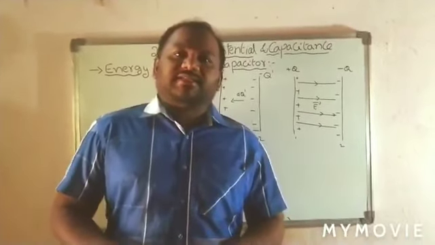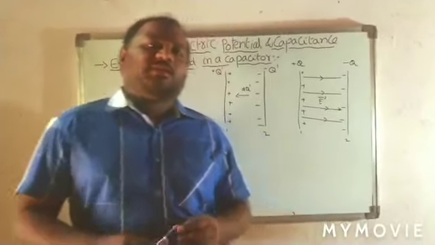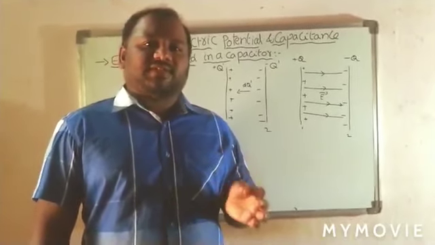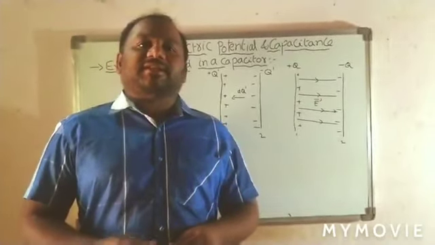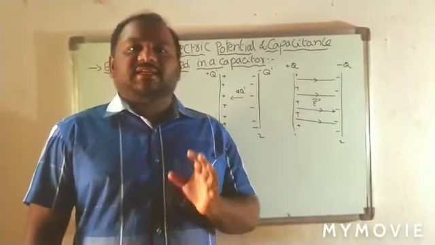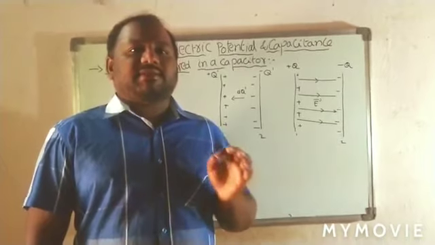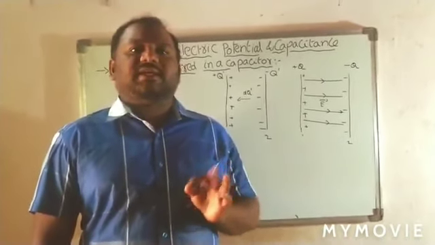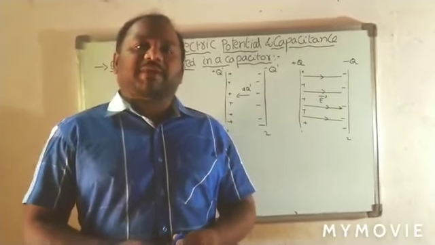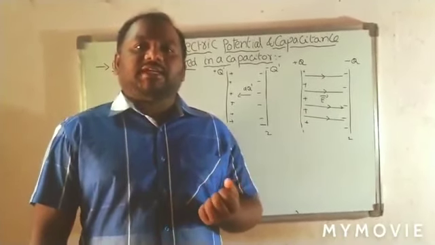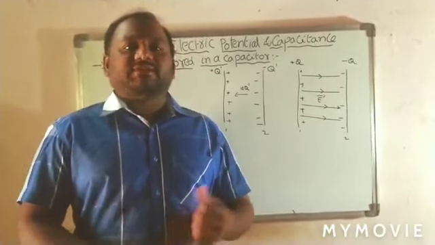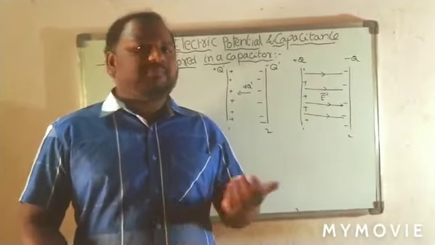In the last session, we derived the grouping of capacitance, that is, the series connection of capacitors and the parallel connection of capacitors. Whenever two capacitors are connected in series, the equivalent capacitance is C1 C2 by C1 plus C2. When two capacitors are connected in parallel, the equivalent capacitance is nothing but C1 plus C2. So we derived those derivations, which are important for the 3 mark.